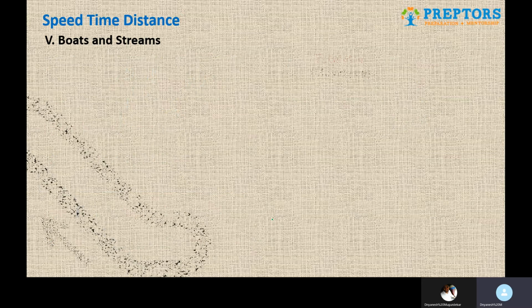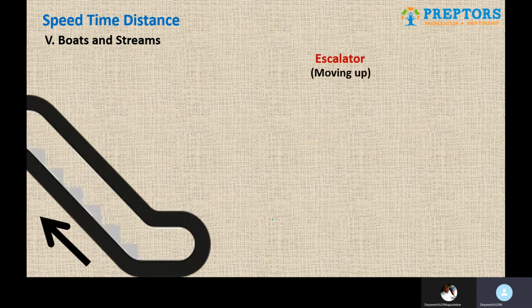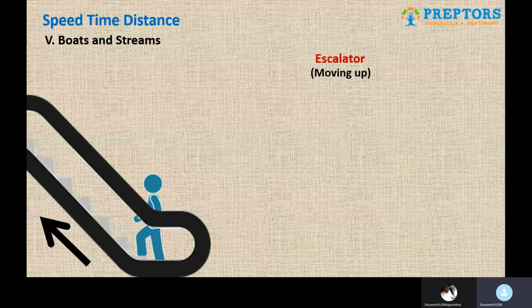The next small part which is similar to boats and streams that you can explore is obviously escalator, and we all have been through this either in malls or now these days at railway stations also. So escalators, it's a moving stairway, moving up or moving down. Suppose escalator is moving up, you are also going up. You know the experience, very simple, very straightforward. All you have to do is just go and stand there. It will automatically take you up. You don't have to take any efforts at all.